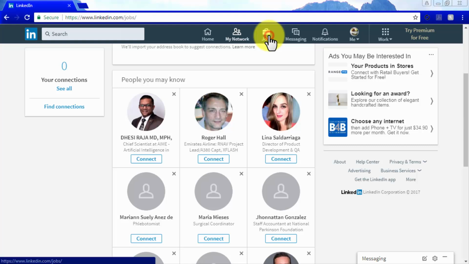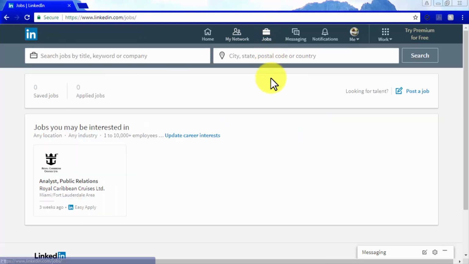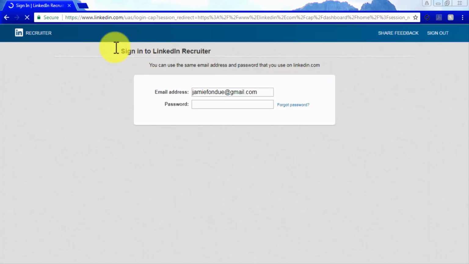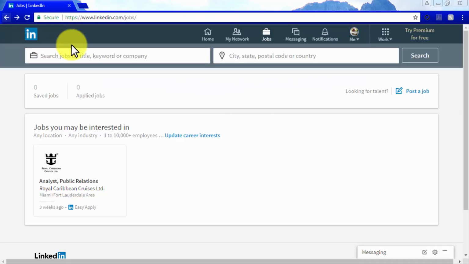Let's now look at the Job section. Here, you will be able to manage your job postings and applications. There you will be able to manage your saved jobs, your applied jobs, and to post a job if you want to hire talent for your company. In the Jobs that you might be interested in box, you'll find job posts as job suggestions, based on the